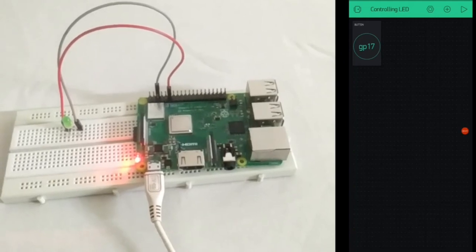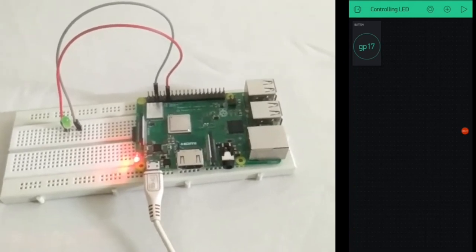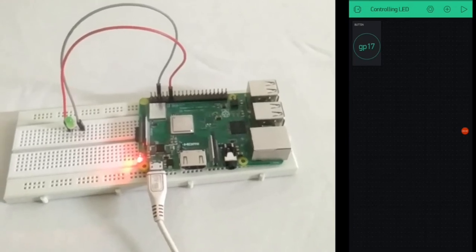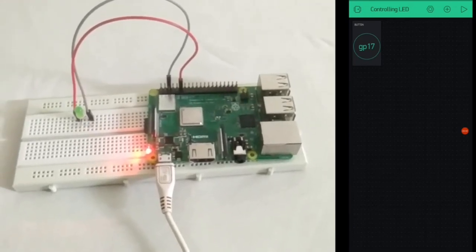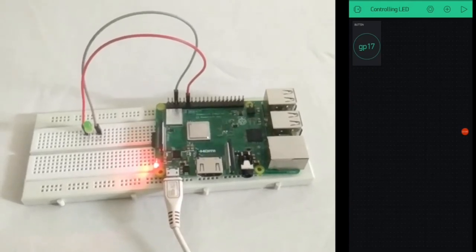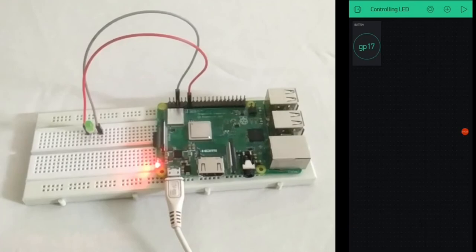So in this video, you've learned how to interface the Blink app with the Raspberry Pi and got it set up on it. We can use the Blink app for many different boards and many other projects. So this was sort of a starting guide for you. To get all the commands in detail, just check out the blog link given in the description below.